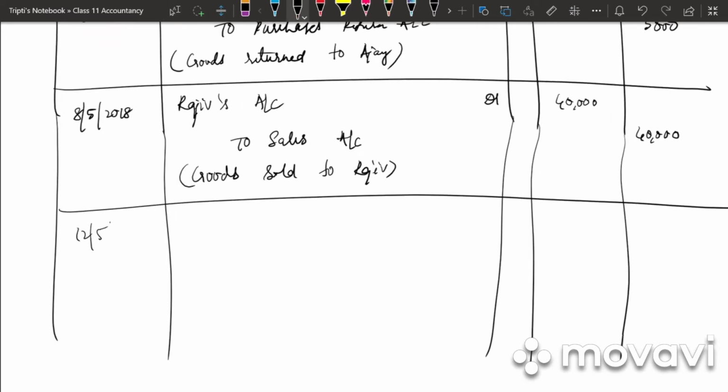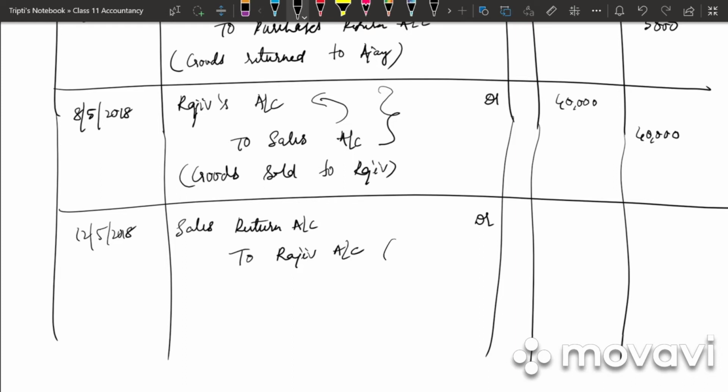Last we have on 12/5/2018, Rajiv returned 10% goods. So when he is returning, it will be known as sales return. Why sales return? Because our previous entry we have clearly said that we sold goods to Rajiv. And who is the receiver? Rajiv is the receiver. So to Rajiv's account. How much it will be? 40,000 into,